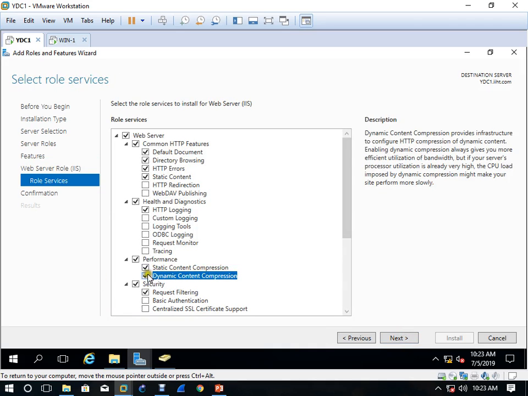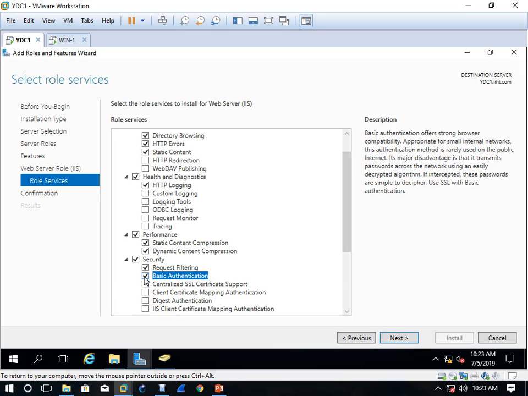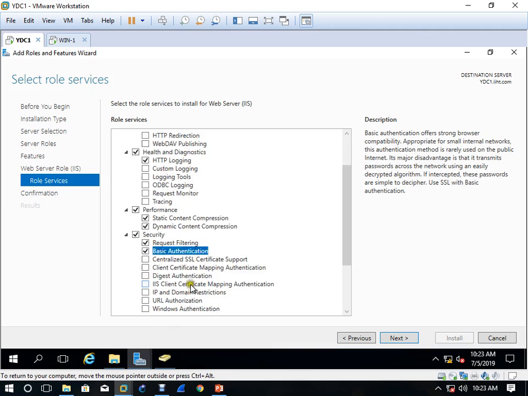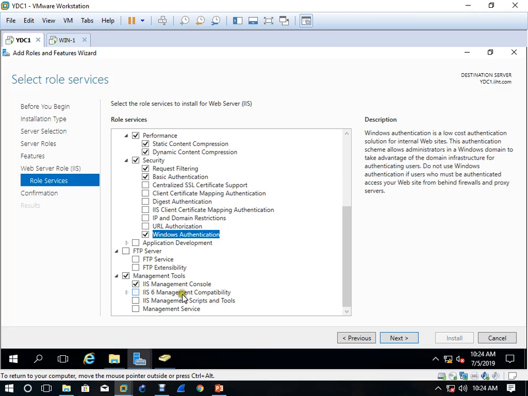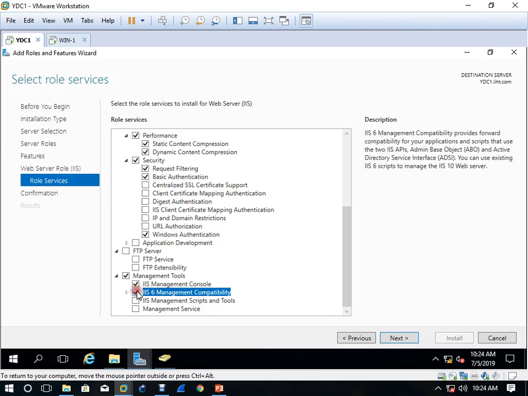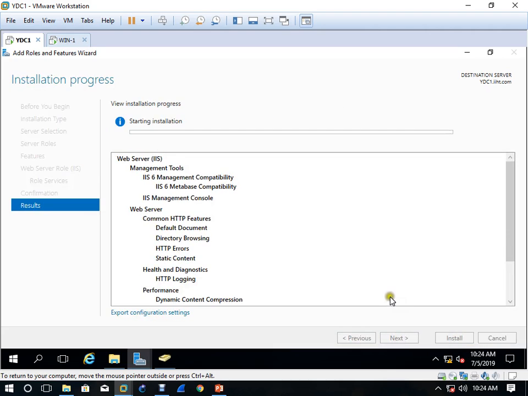So you need dynamic content compression, you need basic authentication for the authentication, and Windows authentication. Dynamic content compression, basic authentication, Windows authentication, and IIS 6 management compatibility. You have to install this. Okay, and then next and install. Very simple process I am showing you, the first process.